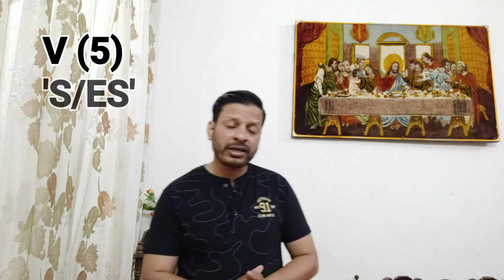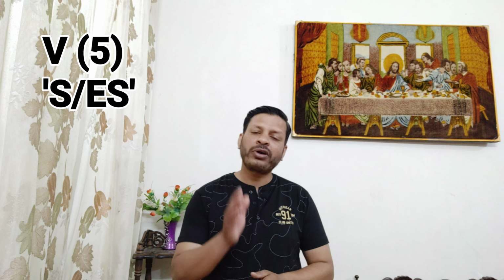Then number 4, the fourth form of verb is known as the ing form, ing form. Then number 5, the fifth form of verb is the last form of verb and is known as s or es form, s or es form. Let's take an example. Go, G-O, go. The first form of verb go is go, and the second form is went. The third form is gone, the fourth form is going, and the fifth form is goes. Go, went, gone, going, goes.